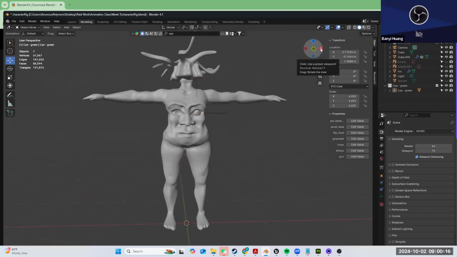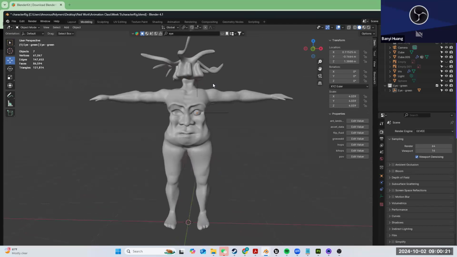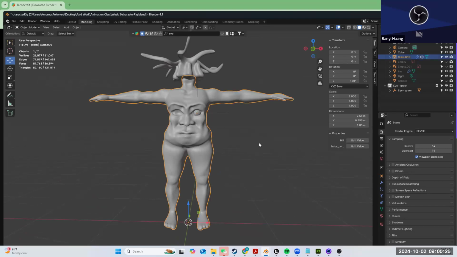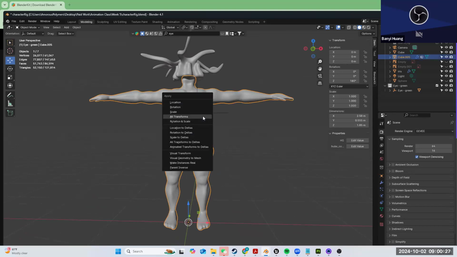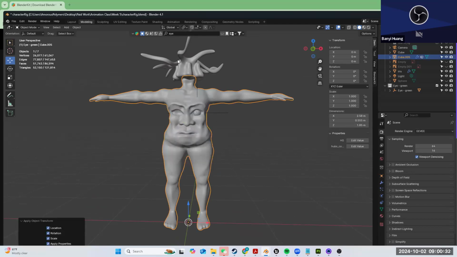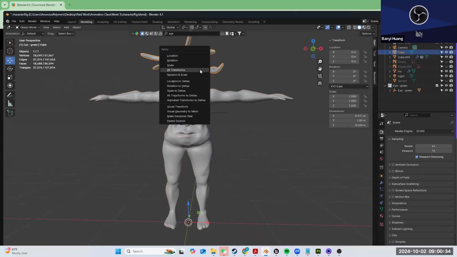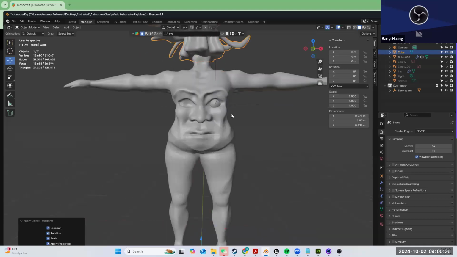So I guess it's X minus Y, Z. And everything else, make sure to apply all transforms. Usually that's a helpful way to